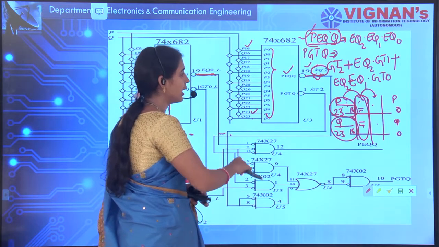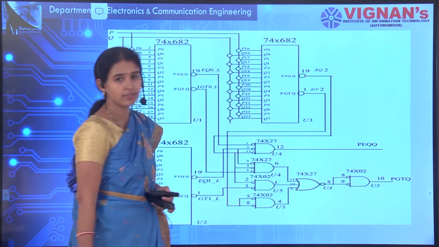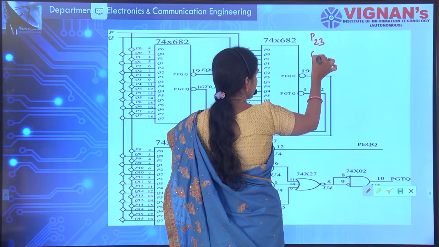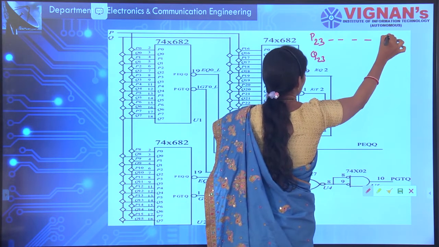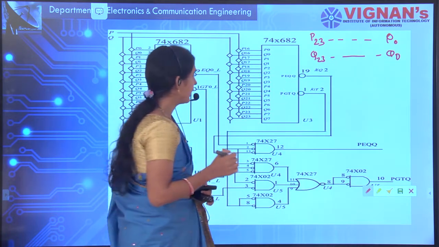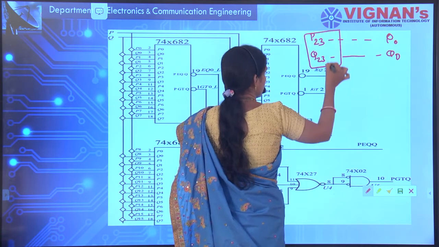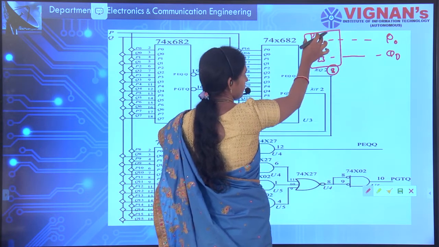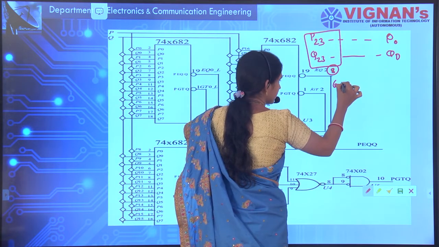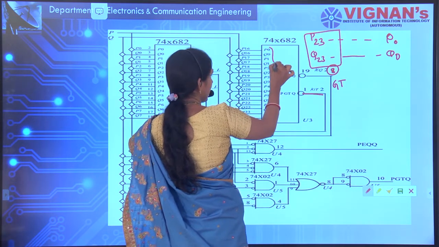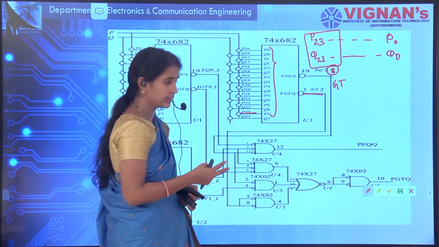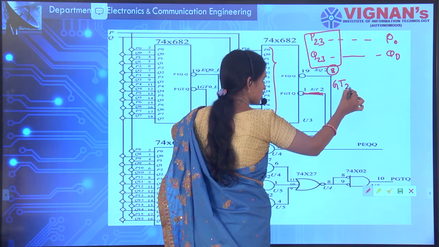Similarly, how to find it for greater than? See here, what I have said: P23 and Q23, and so on up to P0 and Q0. It will check 8 bits at a time. P16 to P23 and Q16 to Q23 are compared with each other. If they are found greater, yes, G2 is greater, then